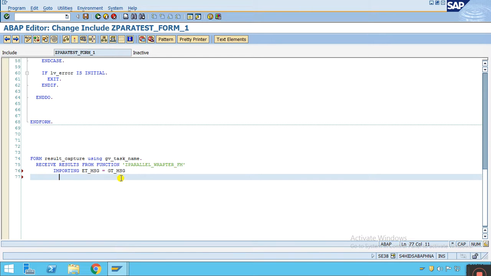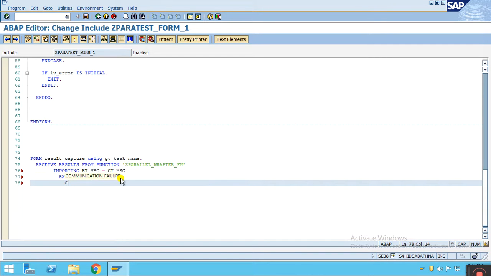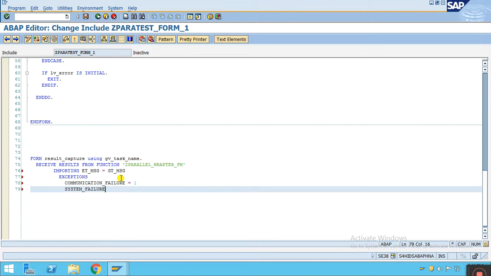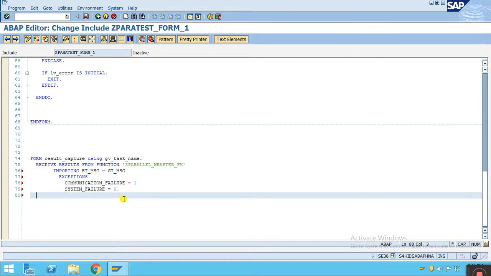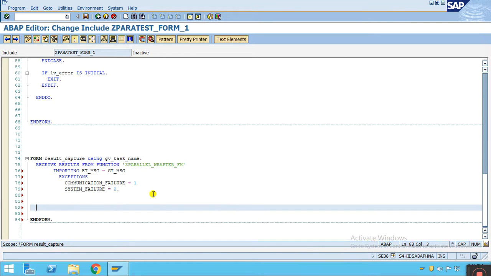Okay, and if some exception you have enabled, then also we can capture the exceptions, the standard exceptions given by SAP, like communication failure equals to 1, and system failure equals to 2, and we can handle this 1 and 2. Okay, now end form, let me complete my subroutine. So this is my complete subroutine, and here, in case it is successful, if sy-subrc equals to sub successful,